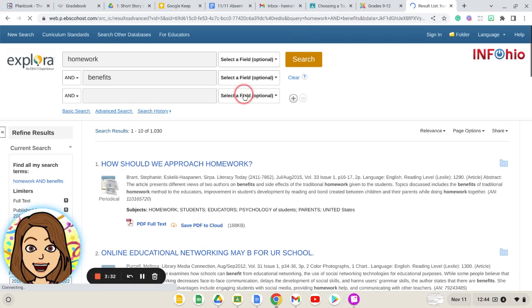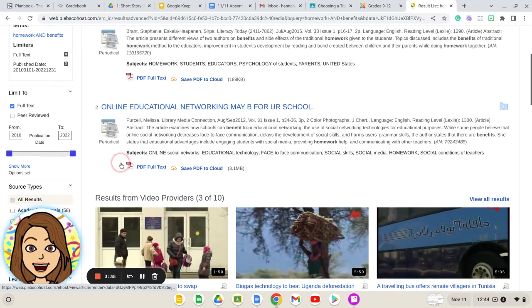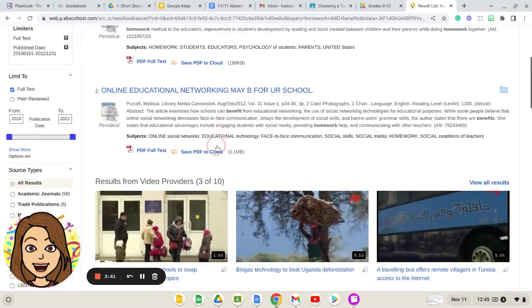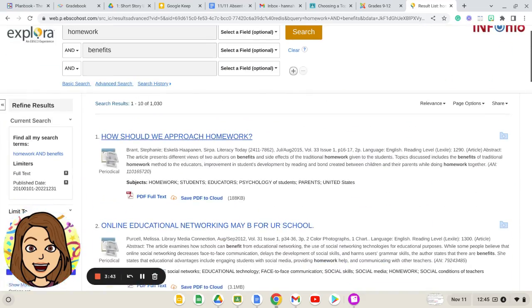Okay, now I'm at 1,000. That seems a little bit more manageable. I still have my dates set over here, so on and so forth. As I scroll through here, you can see what type of source it is based off of what is portrayed